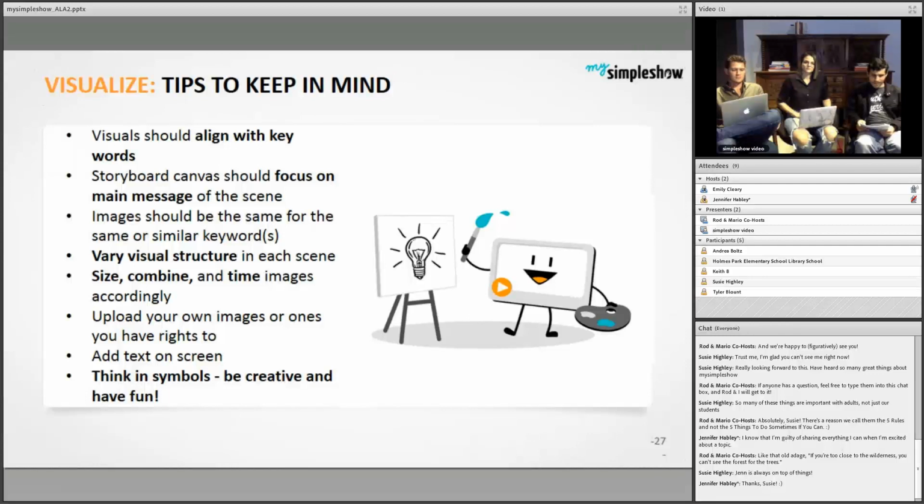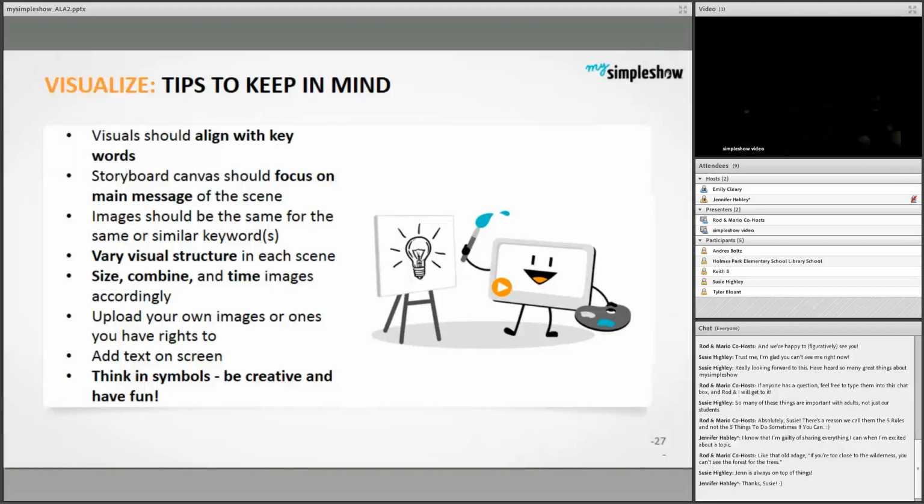You can vary visual structure in each scene. So if you only have 3 illustrations, you can shape them kind of like a pyramid. If you have 4 of them, maybe you want to stagger them like one of those sideways squares. I always forget what they're called in school. Or you could just align them like an actual square. So changing the way the illustrations are aligned on the screen itself is a great way of keeping your simpleshow